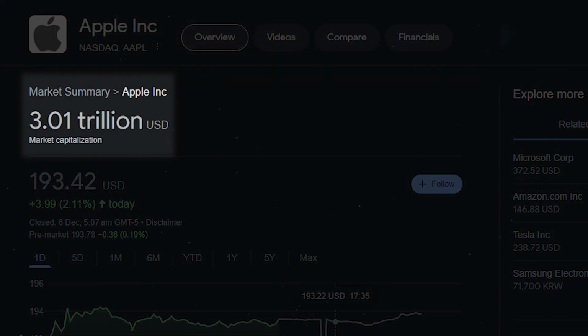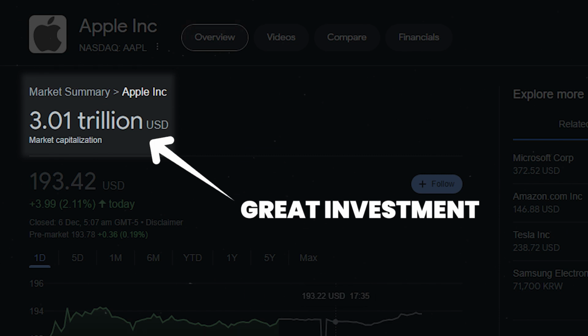This is the market capitalization of a company, and this number could be the difference between making a great investment in a particular company or a really bad one. Stay tuned as we uncover what the market capitalization is, how this number is calculated, and why this metric matters